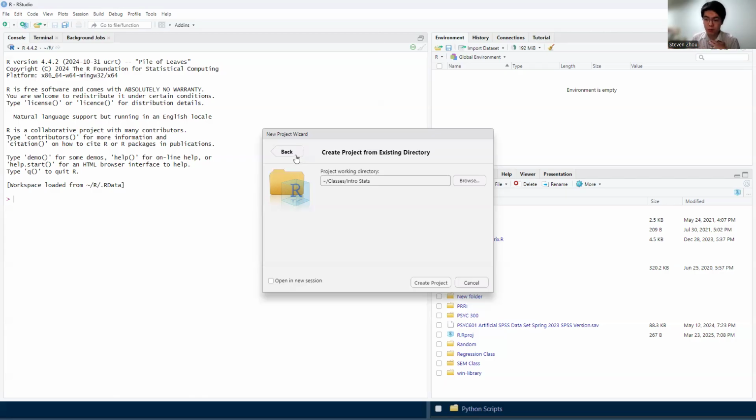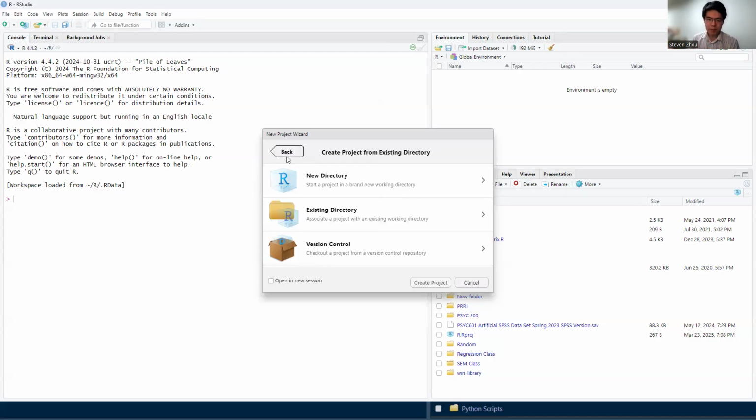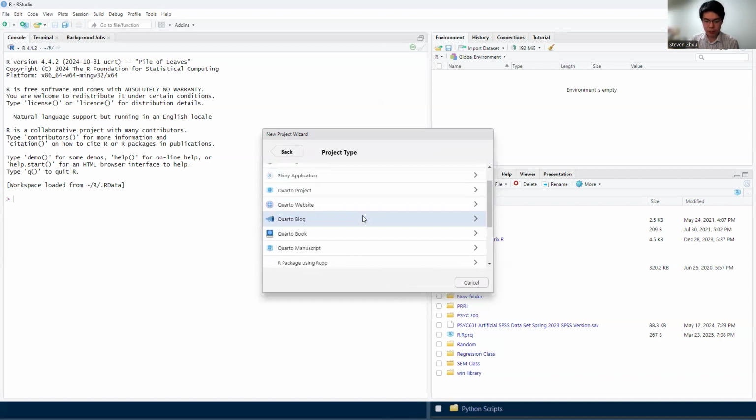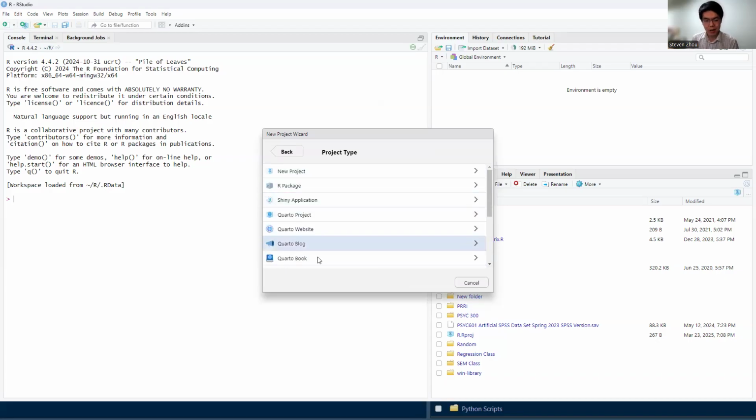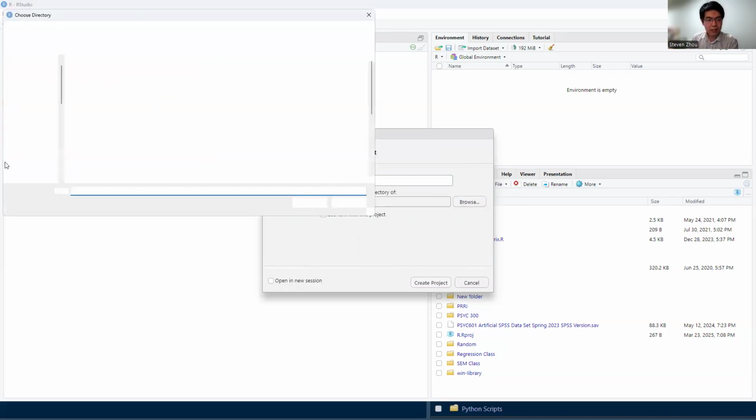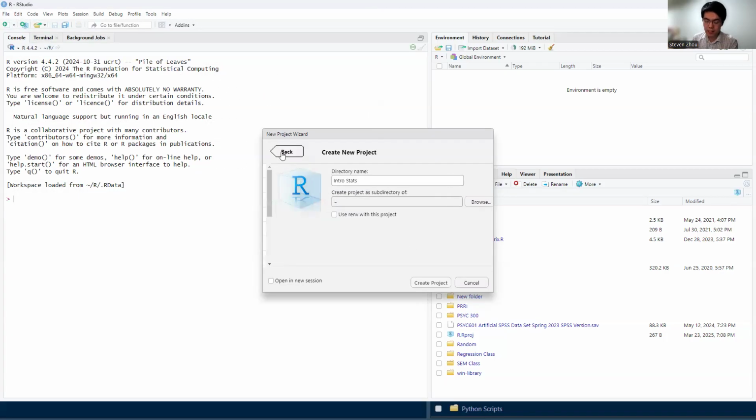Now, I'm doing it this way because I've already created the folder on my computer titled intro stats. You could do it this way, where you click on new directory, new project. Notice there's a lot of things you can do, like a Shiny app and stuff like that, which we won't get into here. And then we can name it intro stats, and I can find a place to put it, and it will create an entirely new folder for it. I'm choosing not to do it that way. I find it personally easier to create the folder on my computer, especially because I probably already created it to put the syllabus in there, to put files in there and stuff like that,